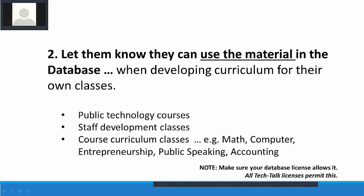So number 2, besides just telling them, you need to let them know that they can use the material that they have in the databases when developing their classes, whether it's a math class, an engineering class, an entrepreneurship class, whatever it is. Now, that is subject to each license. With Tech Talk, we allow it. You need to check your license to be sure, but if it does allow it, let the faculty and the